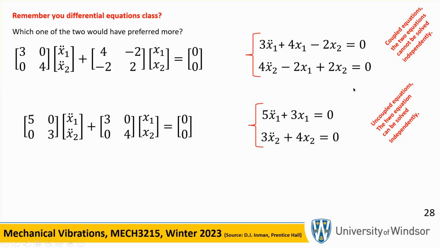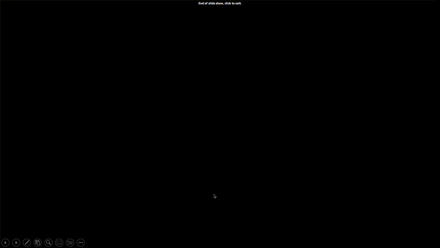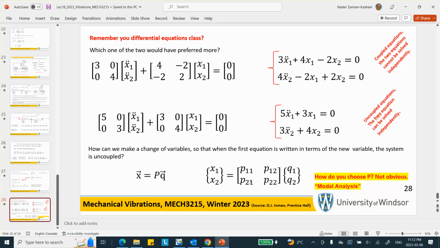You have a problem. So the question is, can I change a variable just like I did in the previous problem so that these two equations become uncoupled? And the answer is yes. And the trick is this change of variable: instead of x, use another vector q. This matrix is going to be a 2 by 2 matrix, and in it you have your modes, eigenvectors, modes, and you have what is that? Almost 3.5 weeks to discuss these things. Don't be scared,